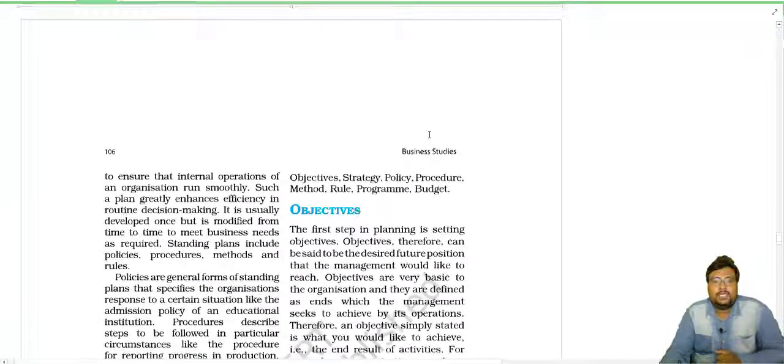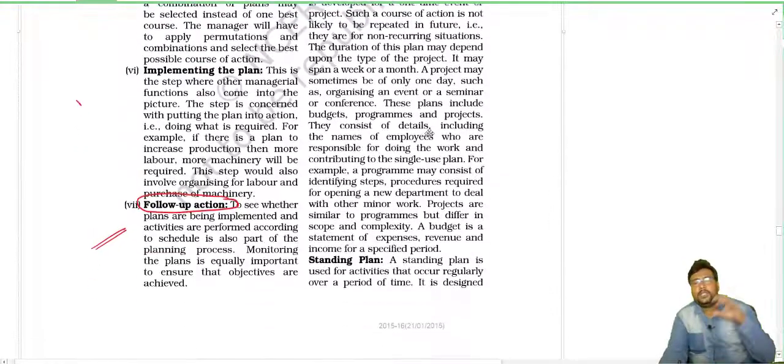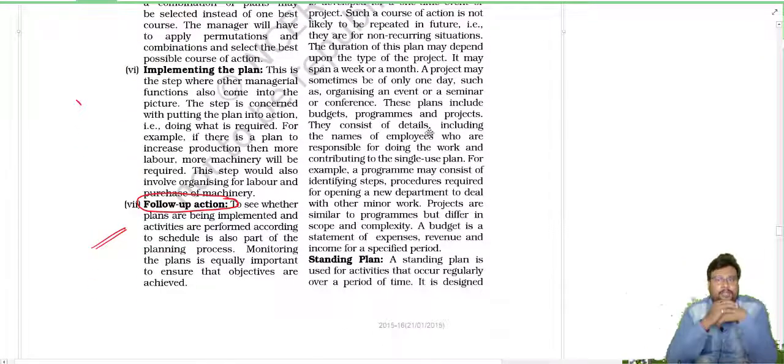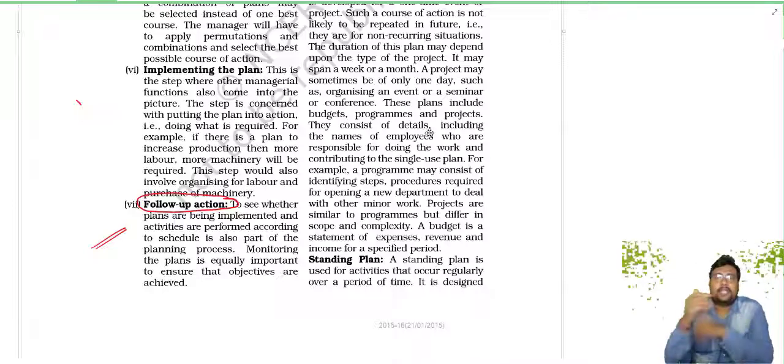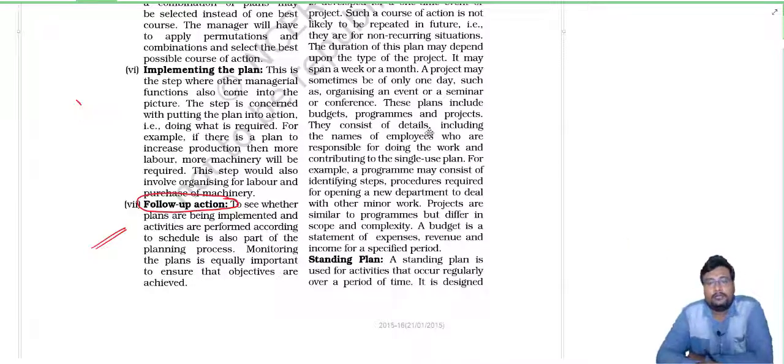Suppose there is an organization objective. The organization objective will not be achieved immediately. The objective is big, so a standing plan is made for that. Like 10% profit growth. For making that 10% profit growth, we have to make so many other plans, and it will not be achieved in a day. It will take time and is a long procedure. That's why we make a standing plan for the long term.